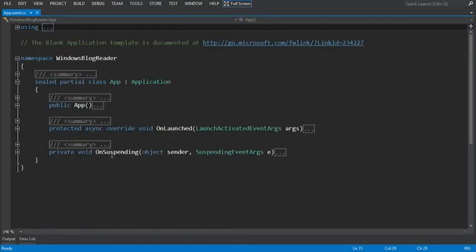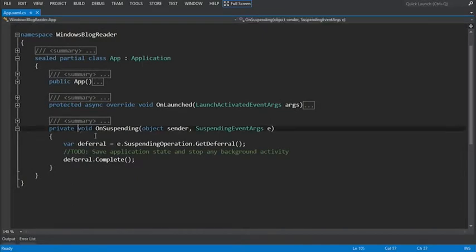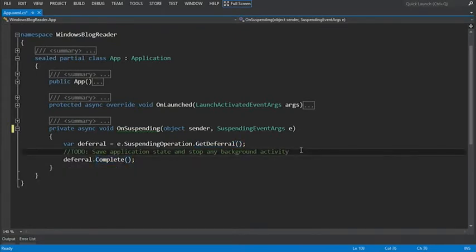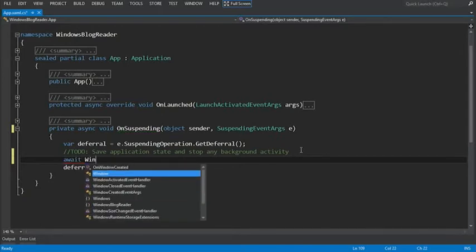And here we see the onSuspending method, and we're going to add some code in here to handle when our application gets suspended. So let's expand our method. The first thing we're going to do is, because this will be an asynchronous process for saving our data, we need to add the async keyword to the method. And in between the getDeferral and the deferral complete, we're going to add some code that's going to call the suspension manager for our page to save our data. So we'll use the await keyword, say Windows blog reader,